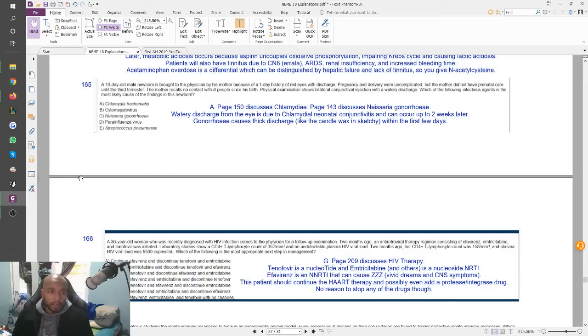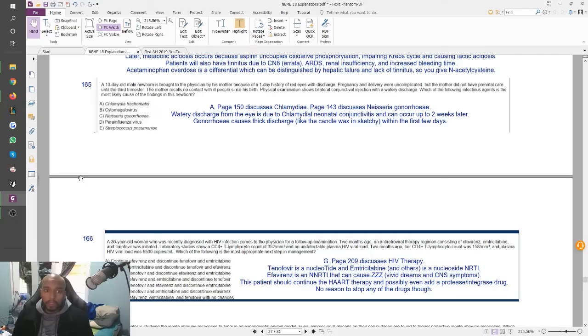And then they put both things here, right? They put Chlamydia trachomatis and they put Neisseria gonorrhoeae. You can immediately knock out CMV, parainfluenza, and strep pneumo because this isn't about that. But with the TORCH infections concept, a lot of people did fall for cytomegalovirus, and that was the wrong answer. Here the correct answer is A.